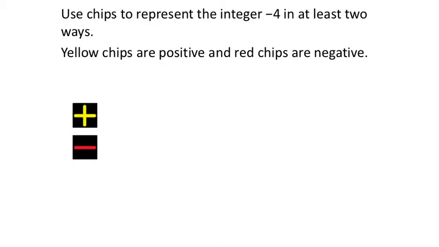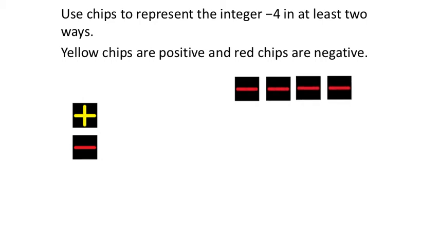I believe there are examples like this on the assignment where you have to use actual tiles like this. You just click and drag them into a box in order to show how to represent a specific integer in 2 ways, like this one, right? So it's saying, hey, represent -4 in at least 2 ways. Now, the easiest way is to actually just represent it directly. So I'd say, hey, look, here's the negative. That's one negative though. Each of these tiles is one, so there's two negatives. But I need four total, right? So just double that, and boom, there we go. That would equal all by itself